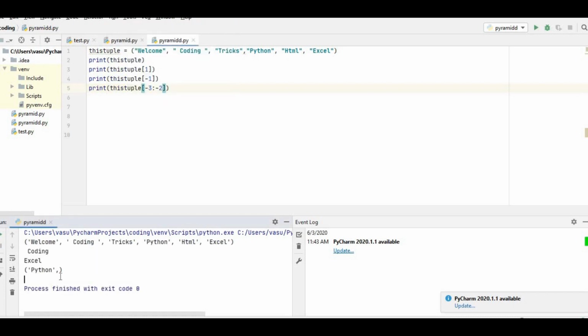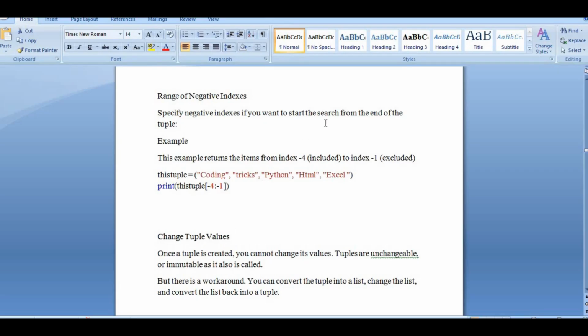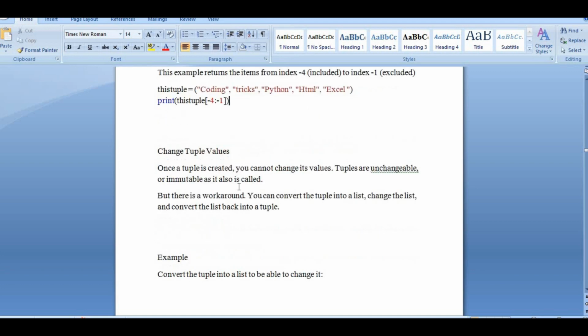It will give Python. This is -1, -2, -3, then the comma, and the rest is left as it is. So this is how negative indexing works. Negative indexing specifies a range if you want to start the search from the end of the tuple. This is how you search.